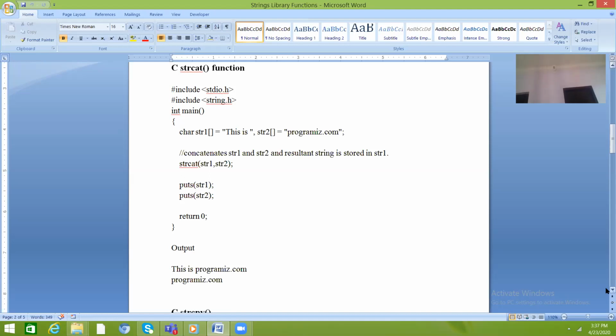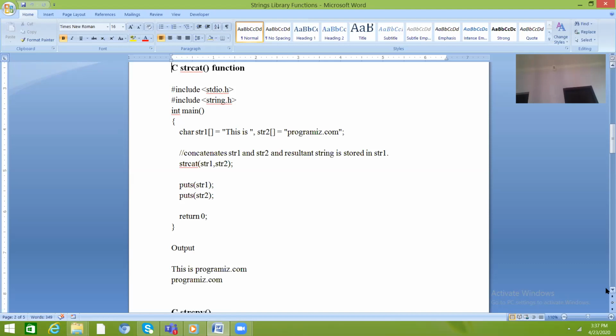If you want to take input for the string from the user, instead of scanf you can use gets. With puts and gets it is very easy, because you just write the name of the string.